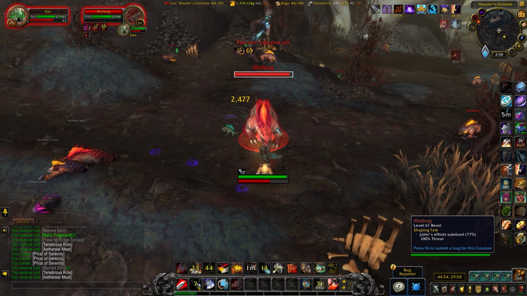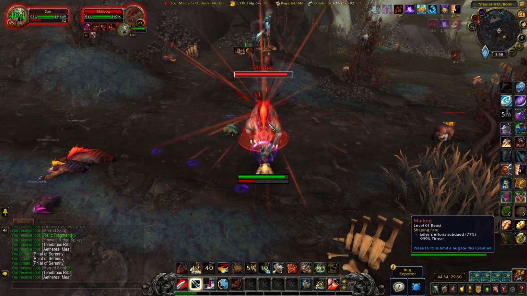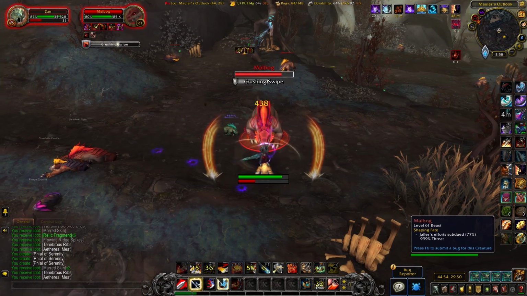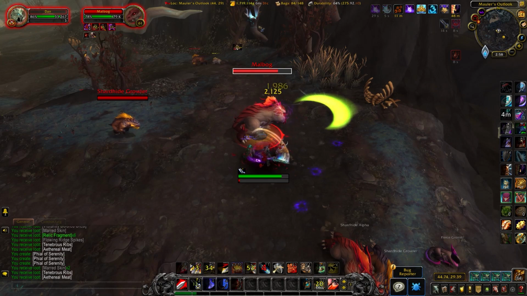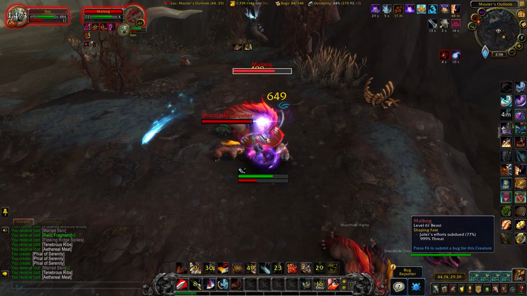It's obviously just a mountable version of Malbog. So it's one of those Korthia bear mounts, which I think look really, really cool. So if you want to go find that, speak to Caretaker Karkay, or just go to the location of Malbog spawned in Korthia. The next 4 mounts are actually Covenant specific, so we're going to start off with the